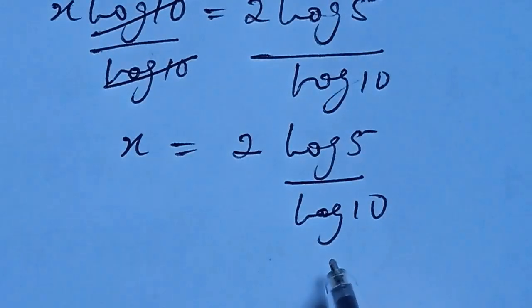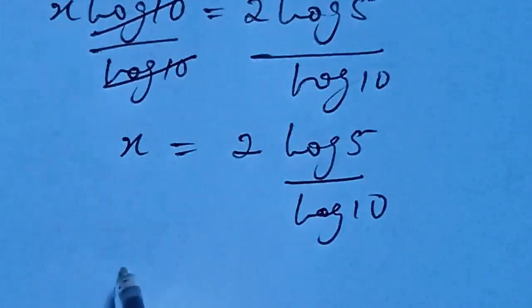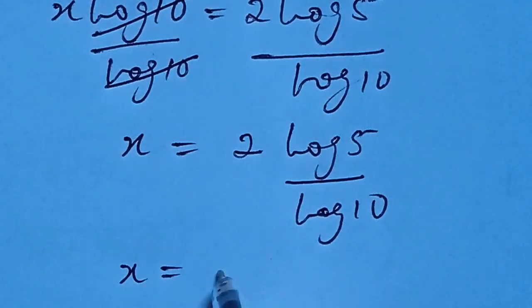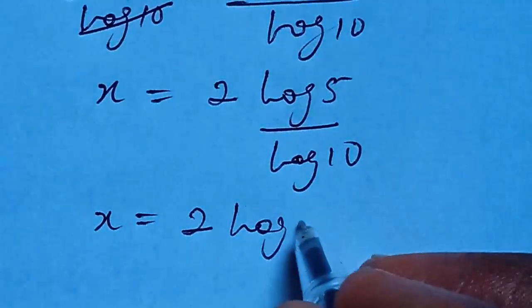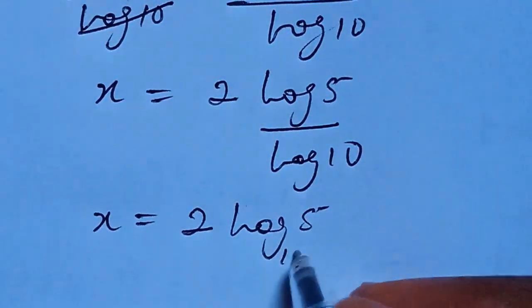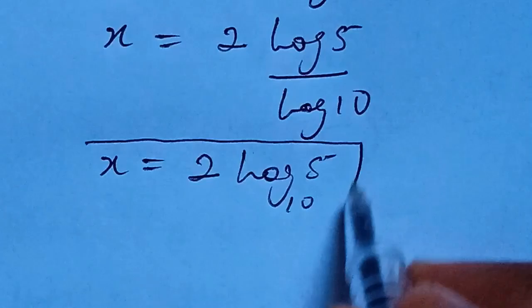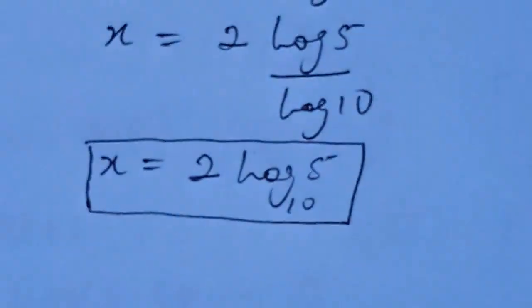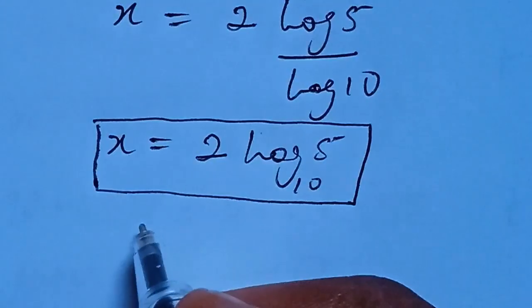In a simpler form, using the log identity, we can express x to be equal to 2 log 5 with the base of 10. So this will be our value of x, and this approach is more familiar to most people, but an equivalent form of this approach